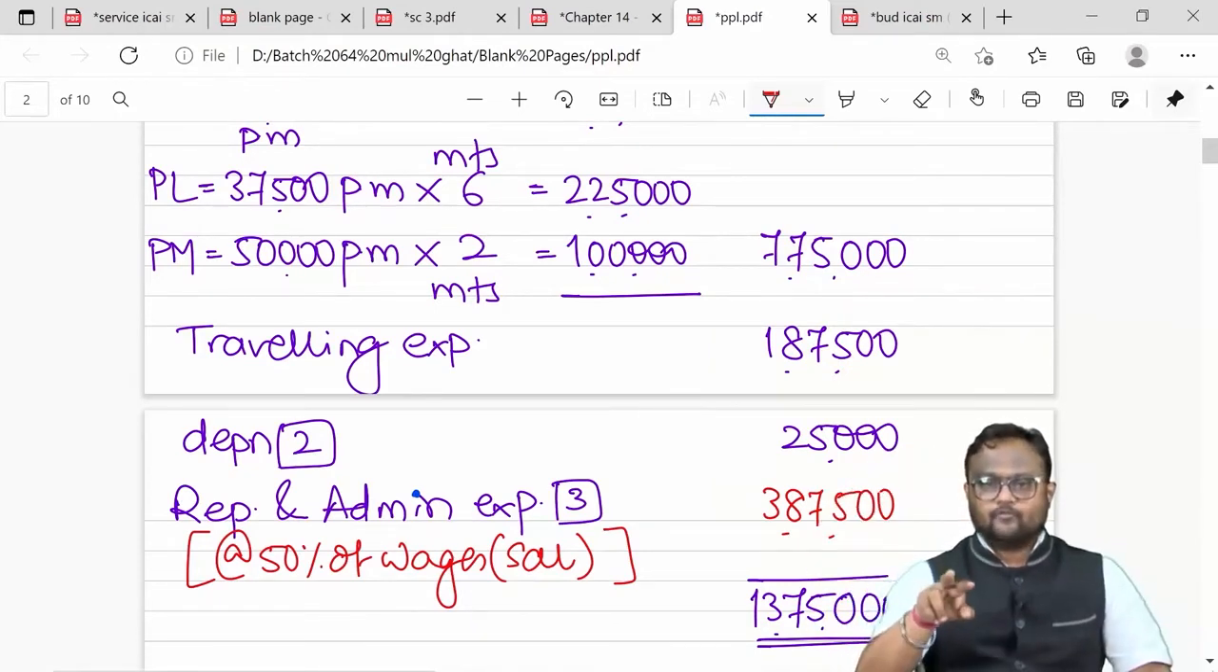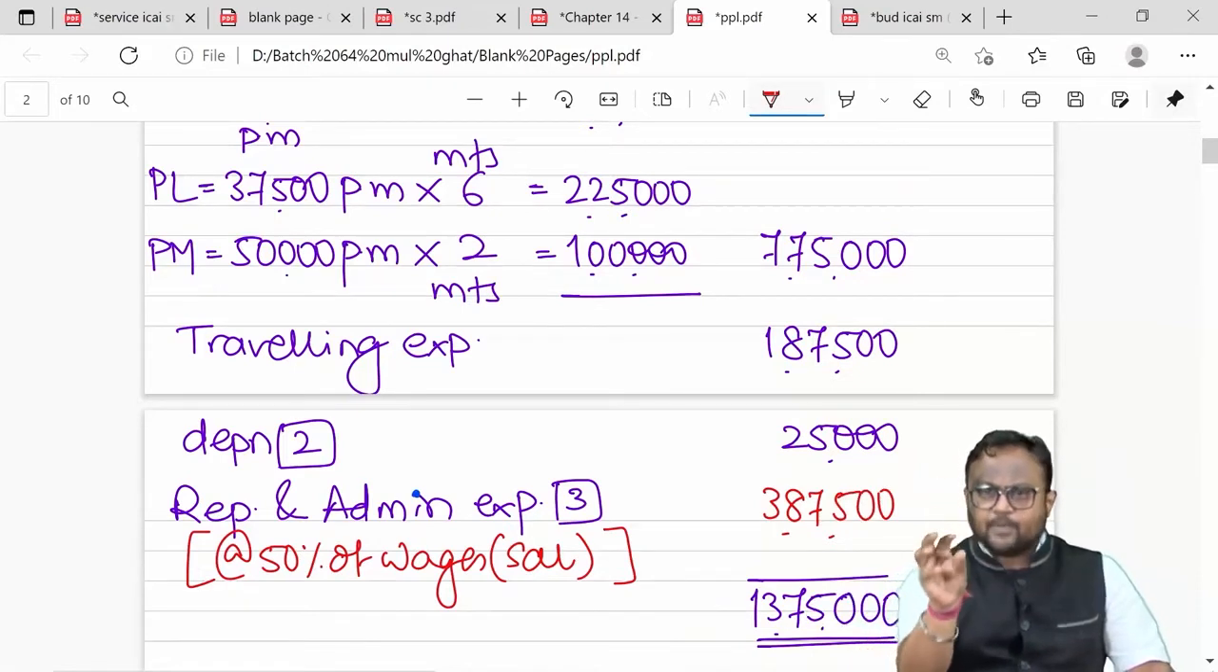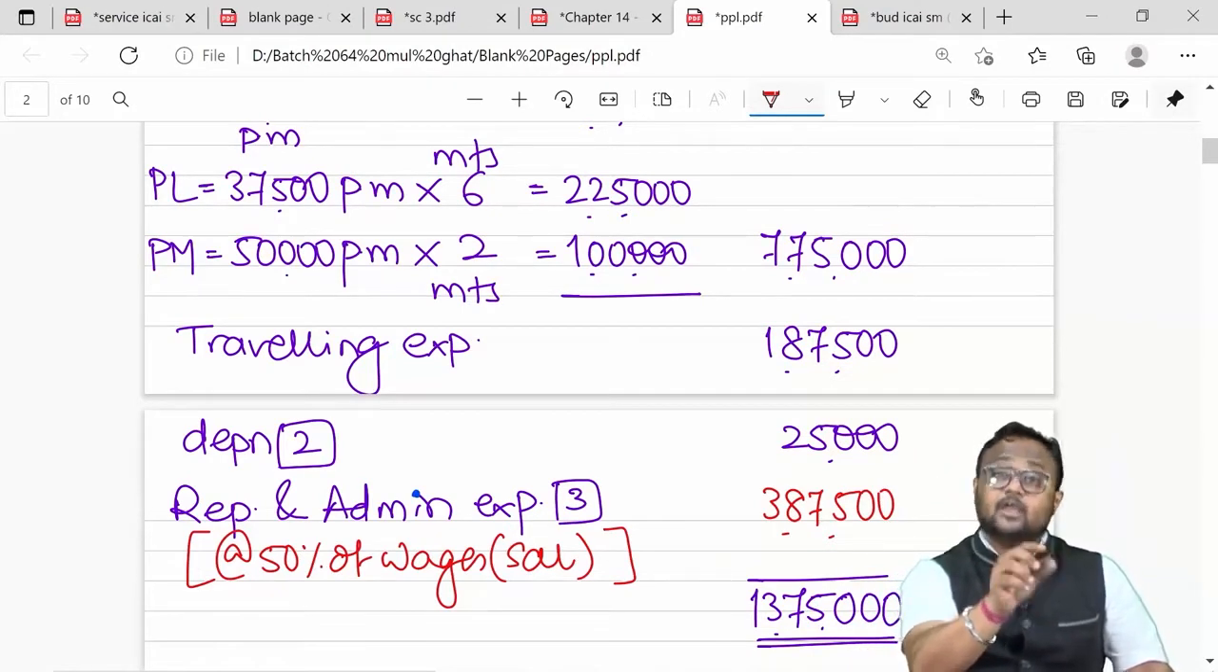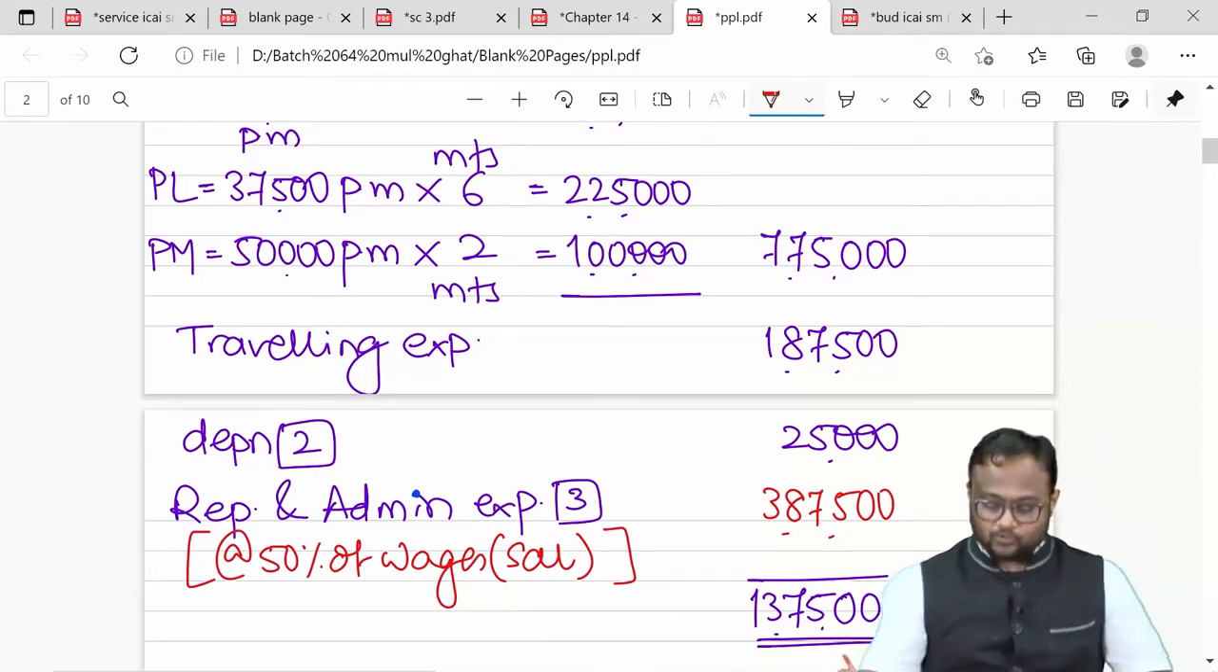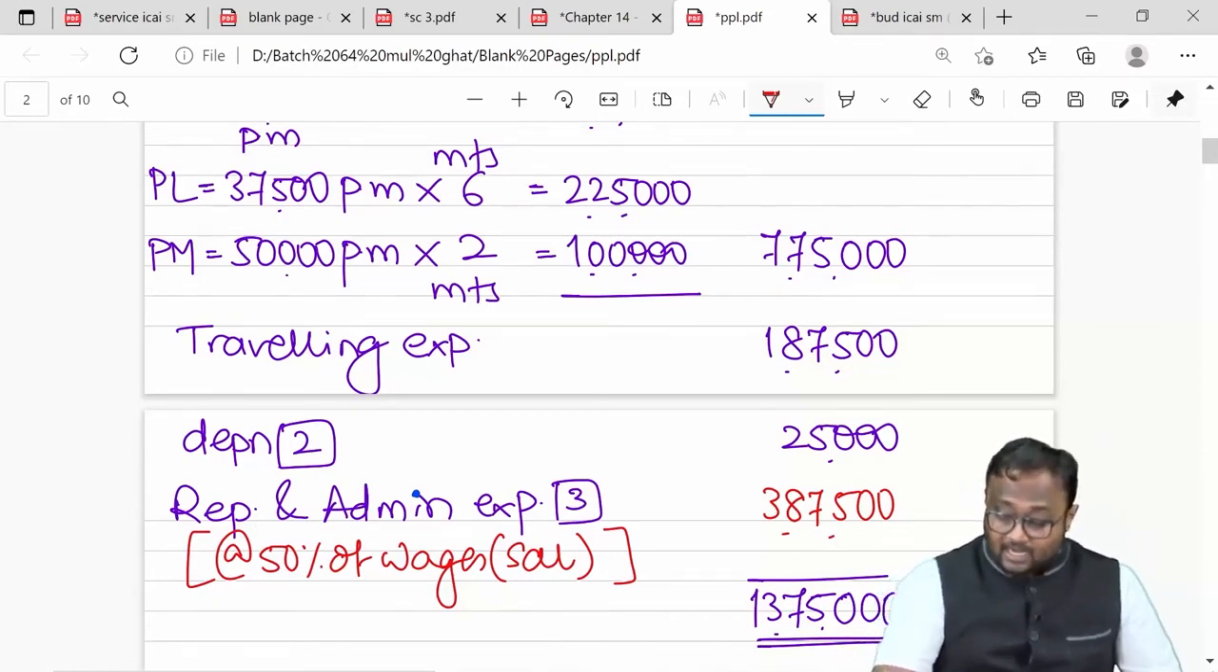Okay, so if I'm going for a particular project and some part of 30 lakhs is getting charged as wages, 50% of that will be some part of 15 lakhs to be charged. Basically, it was absorption. Then we had the second question